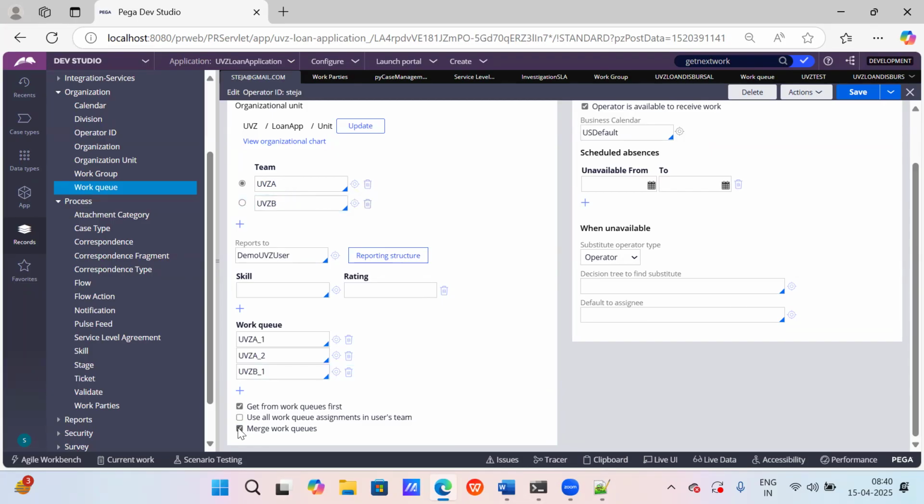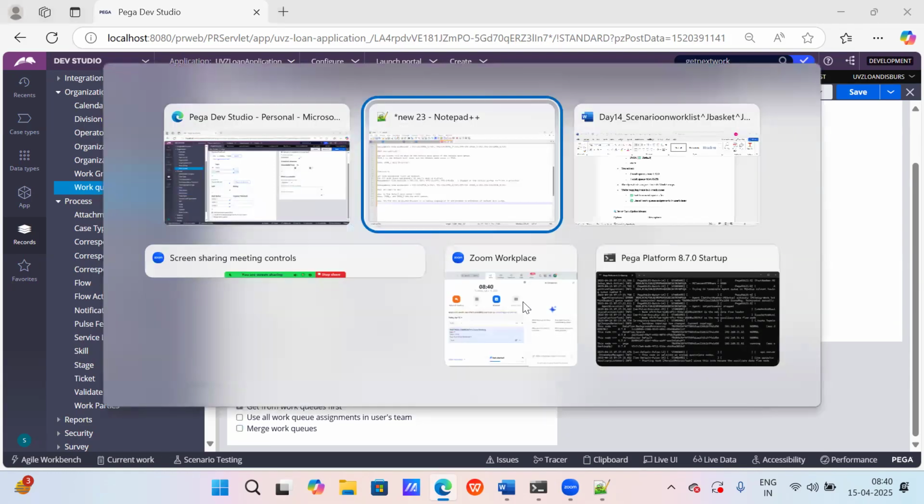If you are not selecting this option, the first two things are related to the default work groups only. The last one that you use here is related to the multiple work groups. Am I clear? Yeah, got it now. Yes. That's the only difference that we need to keep in mind, and the interviewer will definitely confuse you with these three options. This is something which we need to keep in mind.